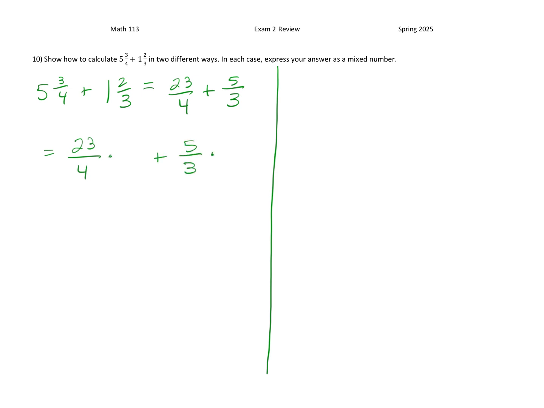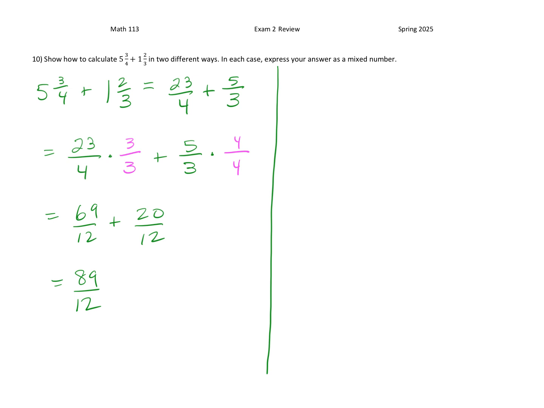And my common denominator is going to have to be 12. So I'm going to multiply by 3/3 and 4/4. So 23 times 3, that's 69/12. Plus 20/12 is 89/12. And if I want to write that as a mixed number, I have to think about how many times